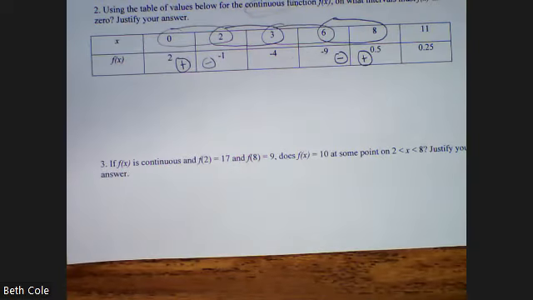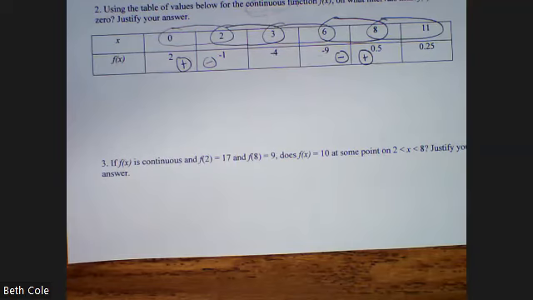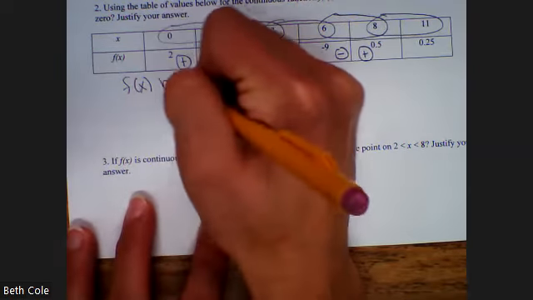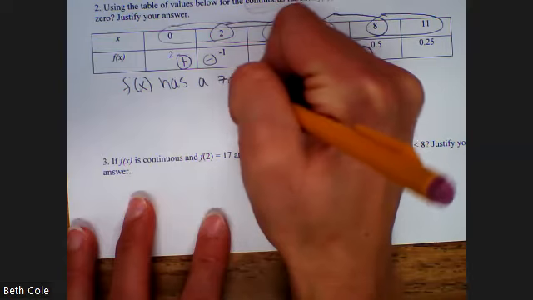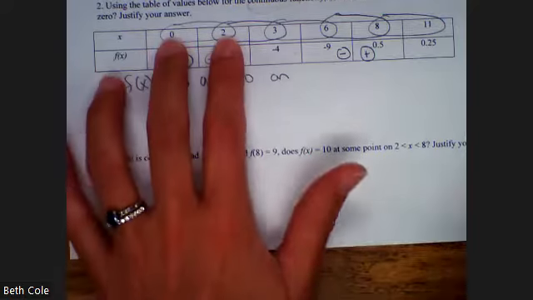0 has to be in between. And then how about from 8 to 11? No, okay. So we are going to say f of x has a 0 on, now which 2 intervals did we say? There were 2 of them, right? 0 to 2